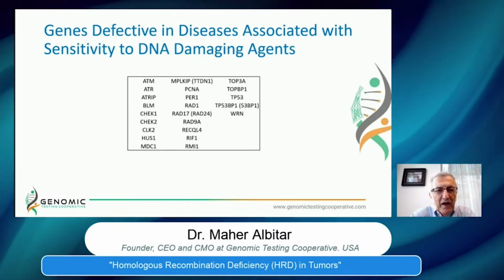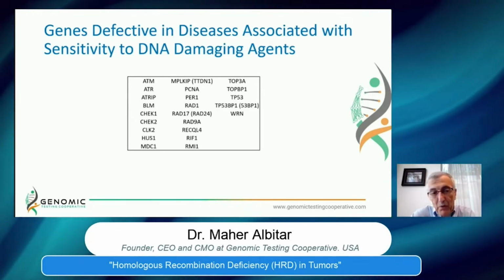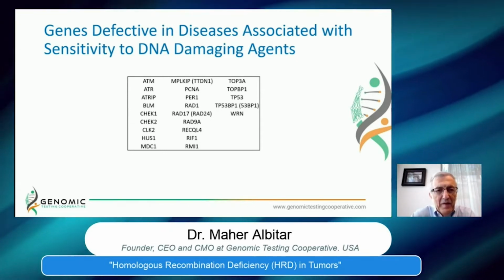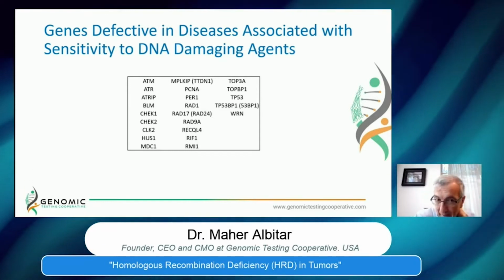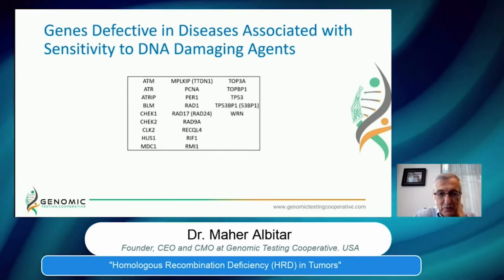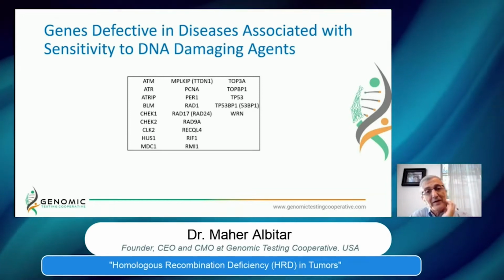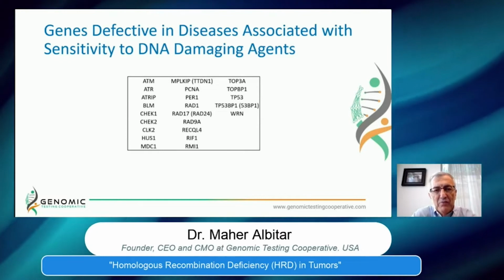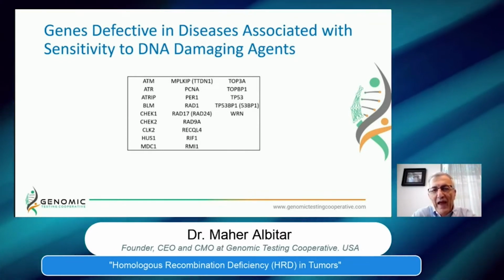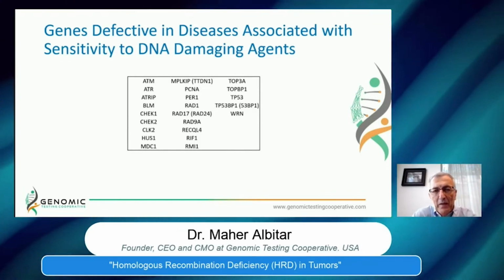So these are genes which are very important, like ATM, ATR, the Bloom syndrome gene BLM, CHEK1, CHEK2. These are commonly mutated. And even TP53 may play a role in this process and can give you a phenotype of